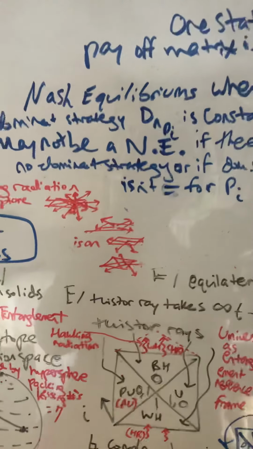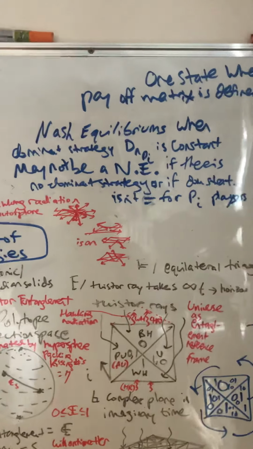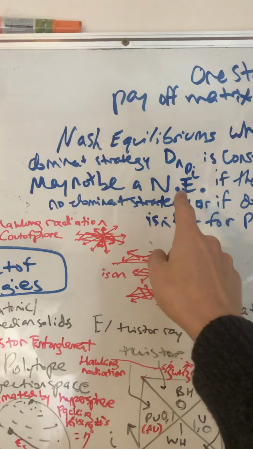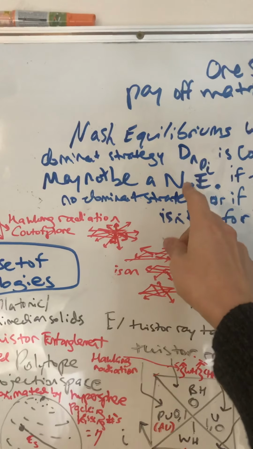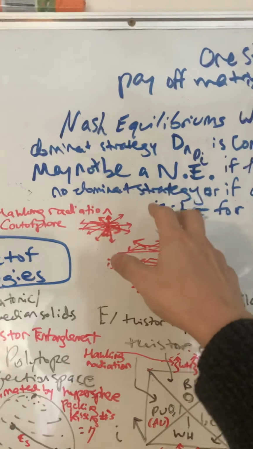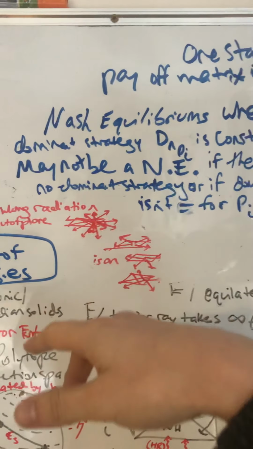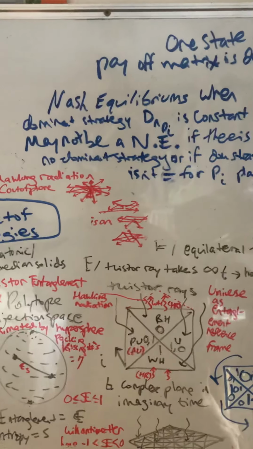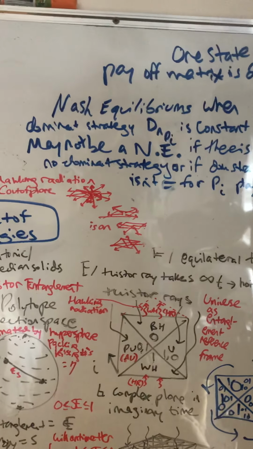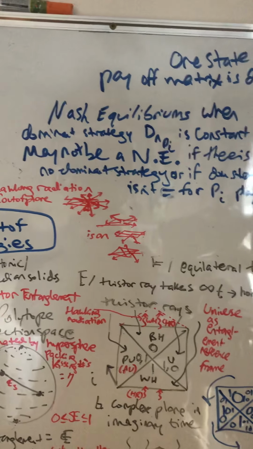The problem for Nash equilibriums is that there has to be a dominant strategy, which I denoted as d sub n pi, which means for the ith player, there's an nth decision that is dominant, but there has to be a dominant decision for each player,